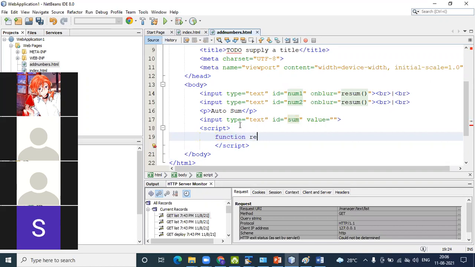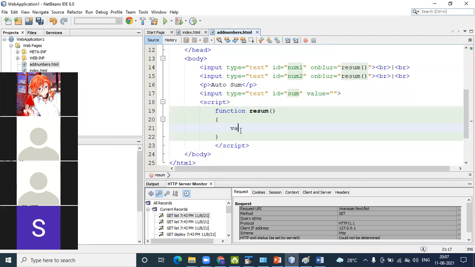Function is sum. Then num1 is equals to parseInt. As you take the value, it is a string value.